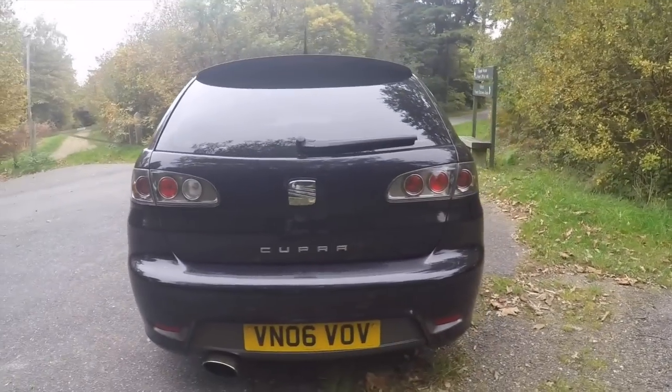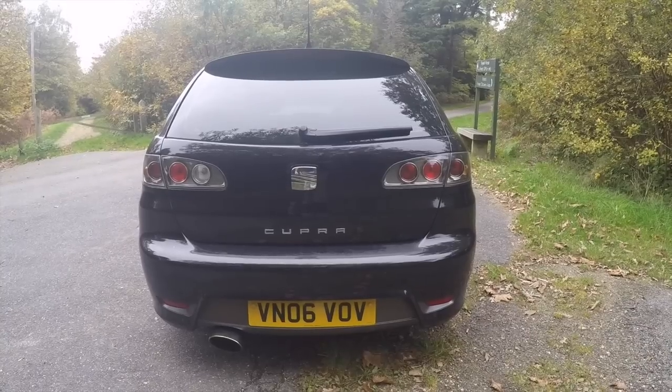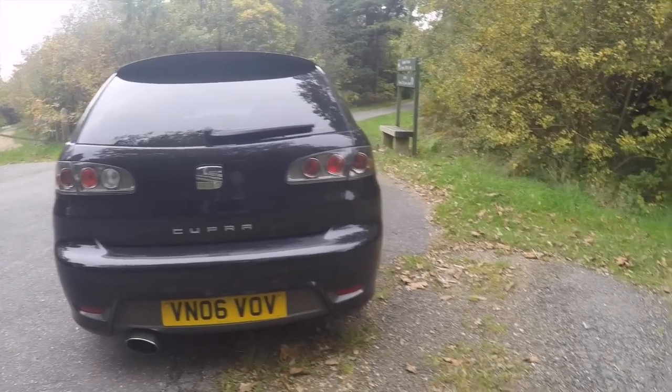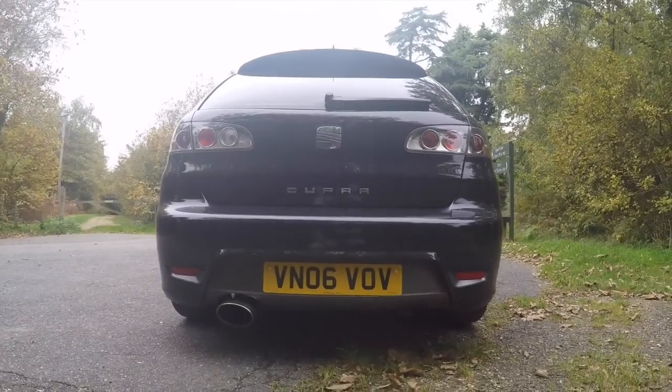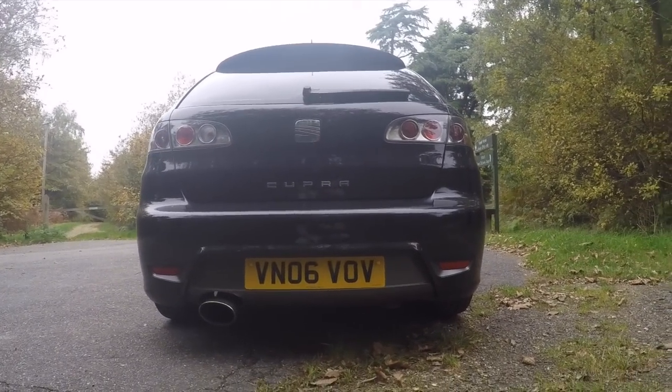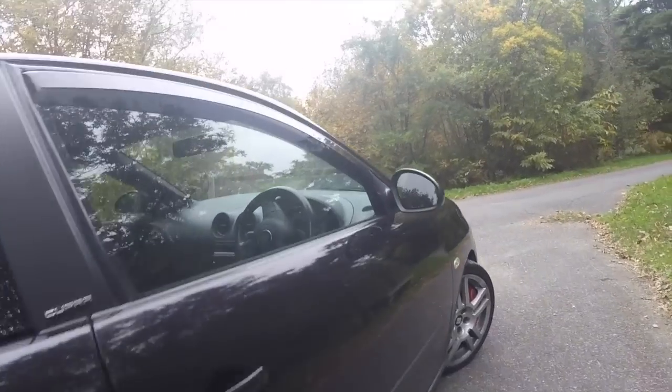From the rear of the car, it looks good. I like it. It's got a good presence, I think. I think that's what it is. It's got a nice, it's sort of like a fat bottom, which looks good, you know, from the other sort of standard stuff. Inside the car,